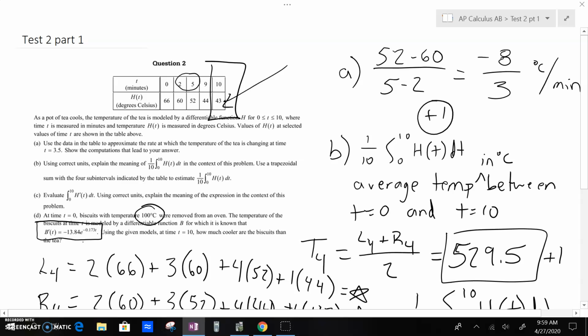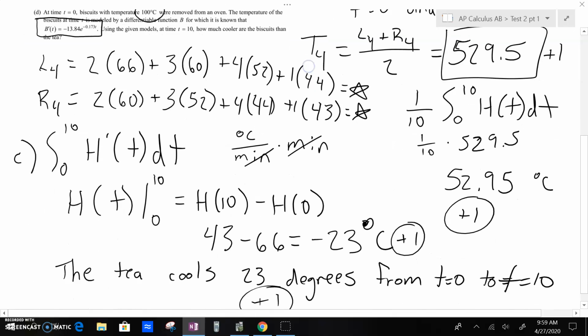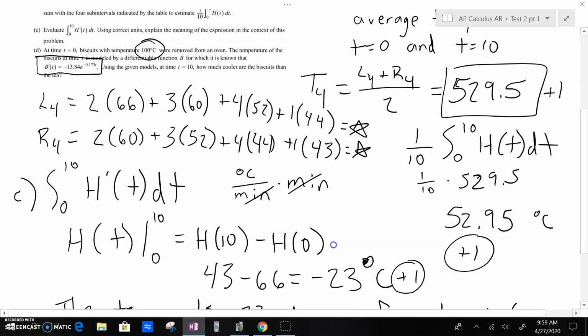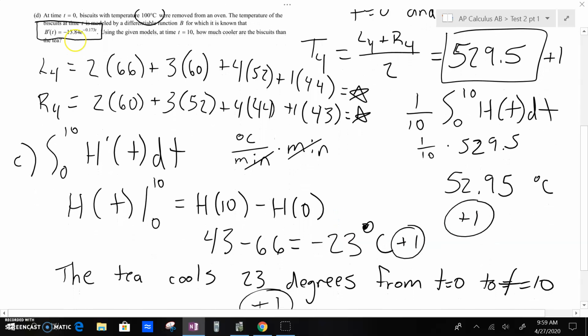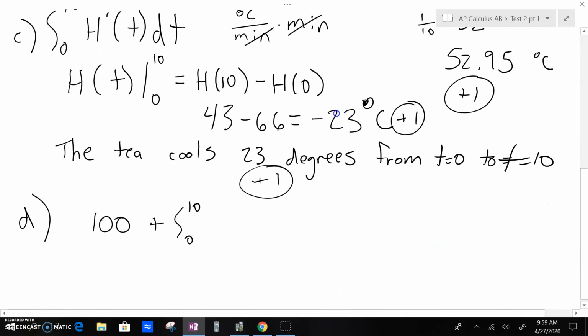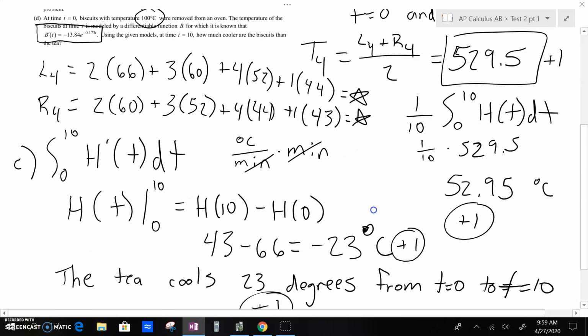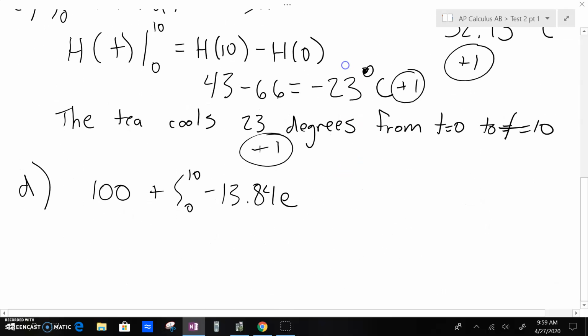And so we're saying we're going to start with 100, and then we're going to account for the loss. The way you account for loss in this model is we're going to say, okay, let's start with 100 degrees. And then we don't actually know we're going to lose temperature. I mean, we do common sense-wise, but from an equation standpoint, we need to plug that in. So negative 13.84 e to the negative 0.173 t,